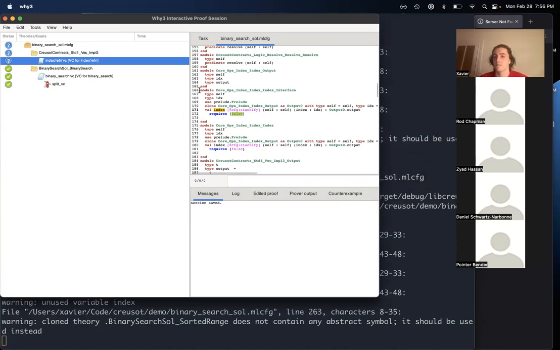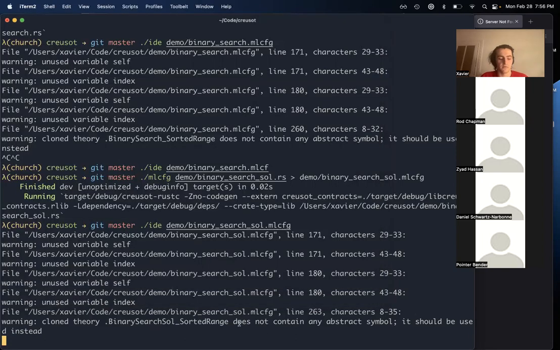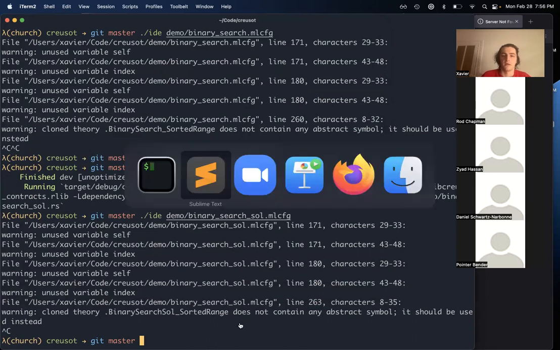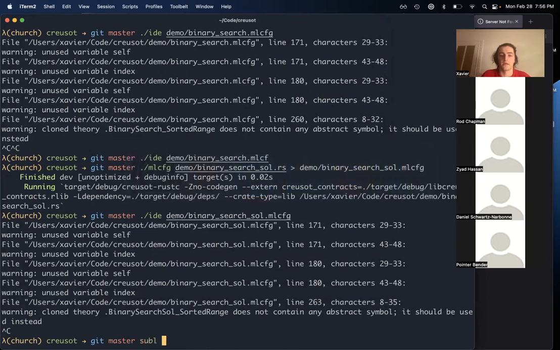So in Creusot, we have a growing set of test cases, but perhaps one of the more interesting cases that we've applied this to is certain programs which have been used as benchmarks of difficult programs for C verification, because in C we have a bunch of obligations that appear around separation logic, but with Rust ownership typing they end up being trivial. And so an example of this is here.